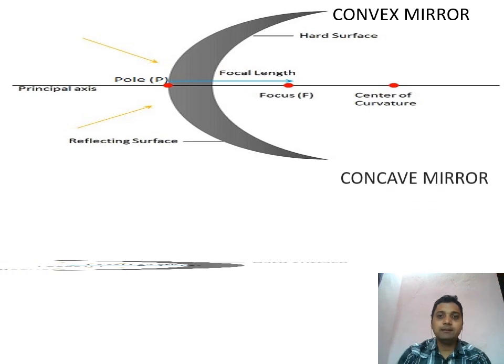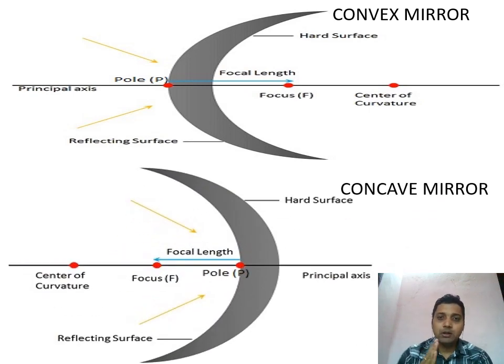So coming to the concave and convex mirror, here you can see one is curved inward, meaning the inner part reflects in the case of concave, and in the case of convex the outer part reflects. In one case polish inside, in one case polish outside, or one case coating inside, one case coating outside. So one can converge the light rays, one can diverge the light rays. And in this you will see different terms used.